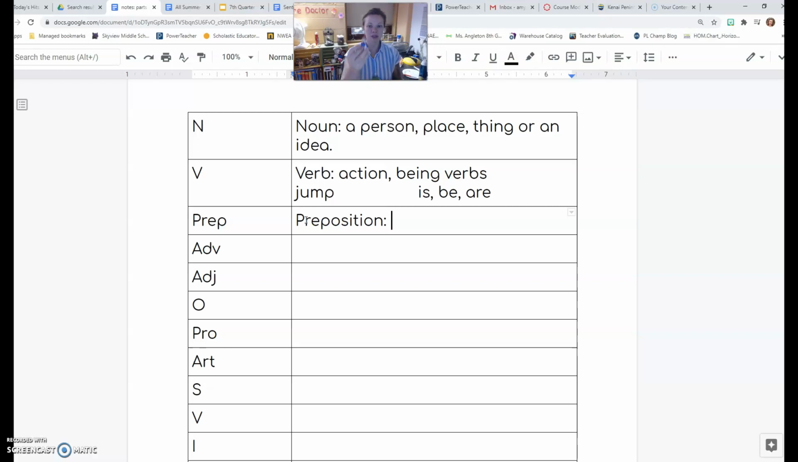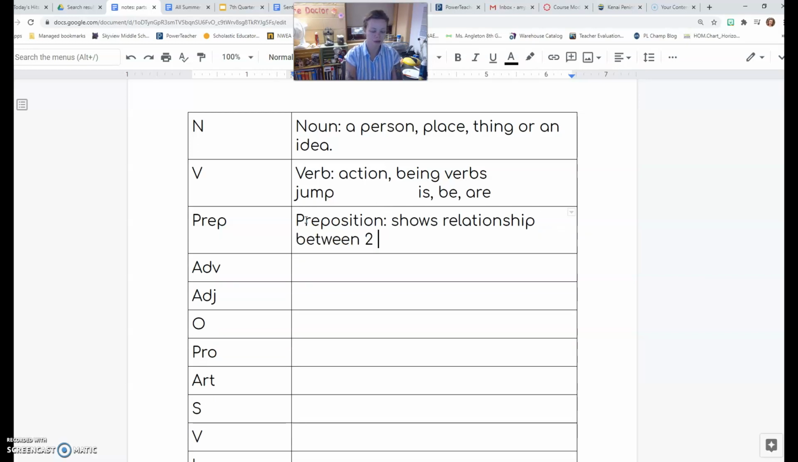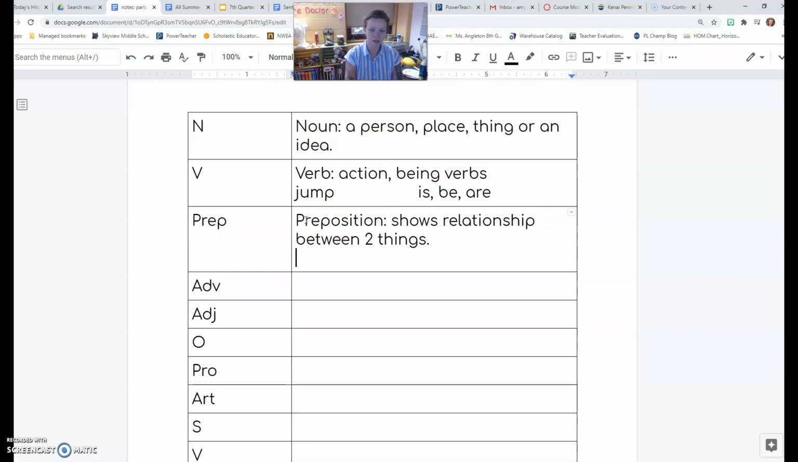So for example, this is Mario. Hi Mario. This is Yoshi. Hi Yoshi. Okay, so Yoshi is next to Mario. The word next would be a preposition. It shows relationship between things. So examples of that would be next, by, with, on,